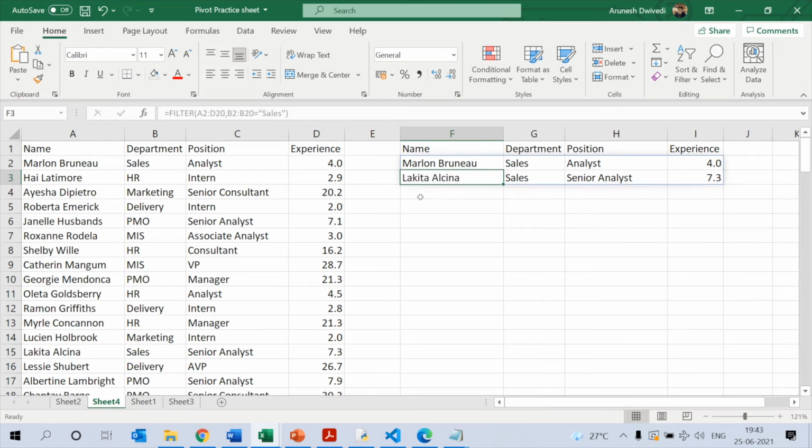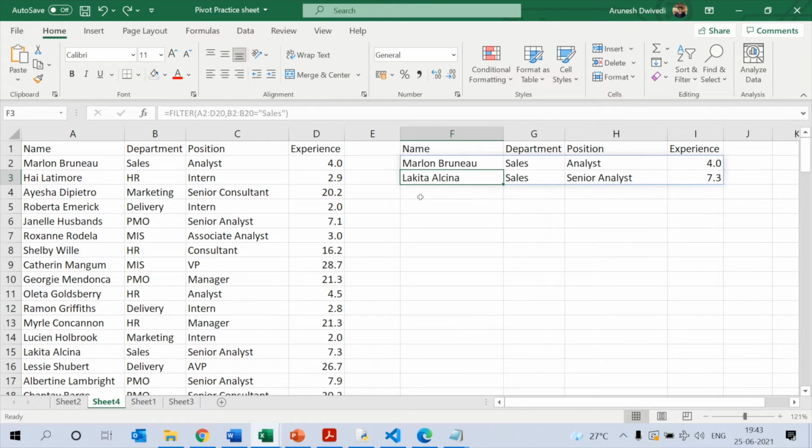I'm pressing delete, but it will again repopulate because the formula is in this particular cell, and basis this formula it has populated the entire data. So you cannot delete any of the cells inside it. It will not work. If you want to delete this result, then you will need to click here and this will remove the entire output altogether. So you cannot delete a part of the output.